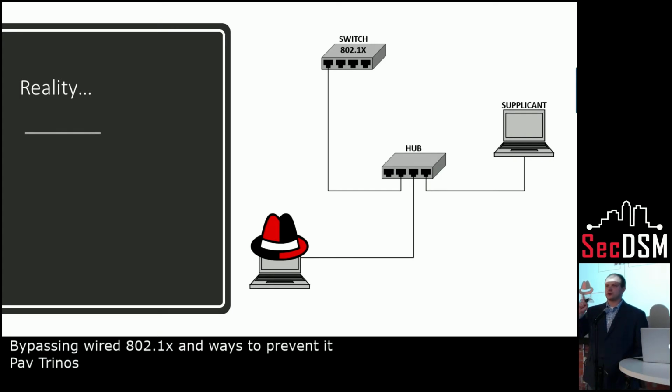Now what happens when I unplug the supplicant? The switch port, the smart switch port, never goes down. The smart switch never knows that the supplicant got unplugged. It does not restart authentication. It does not force it. So I'm walking in right at the point where the previous ACL was applied.